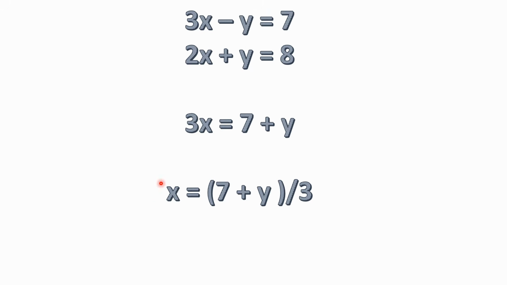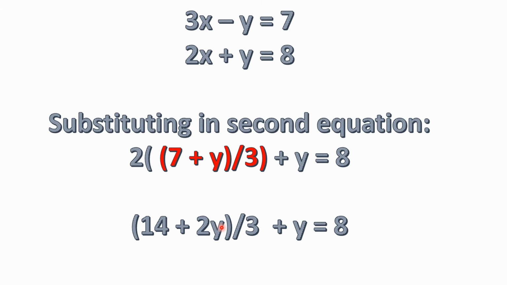3x divided by 3 gives us simply x on the left. 7 plus y divided by 3. I'm putting parentheses around that to show that I'm dividing all of this. I'm dividing 7 plus y quantity by 3. It looks maybe a little more complex, but this gives us an answer for what x is. Now we can take this and then